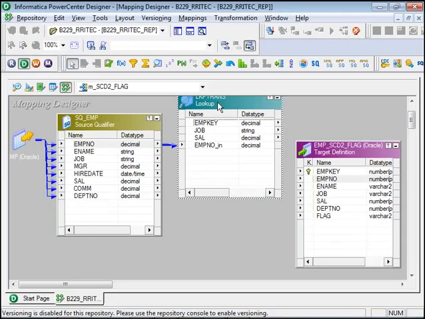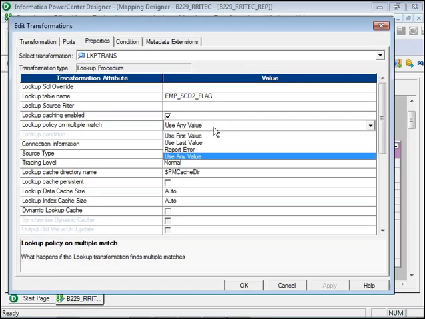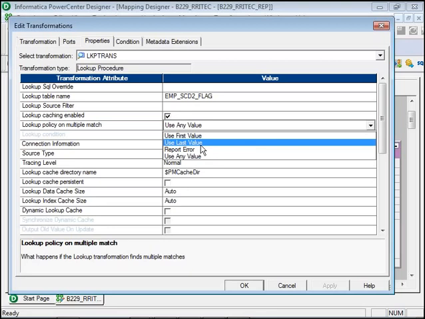Now click on the properties tab and select the multiple match property as use last value. What is the meaning here? If you go to the properties, there is one option, lookup policy on multiple match: use any value, first value, last value. Always you have to use last value only. Why? Because